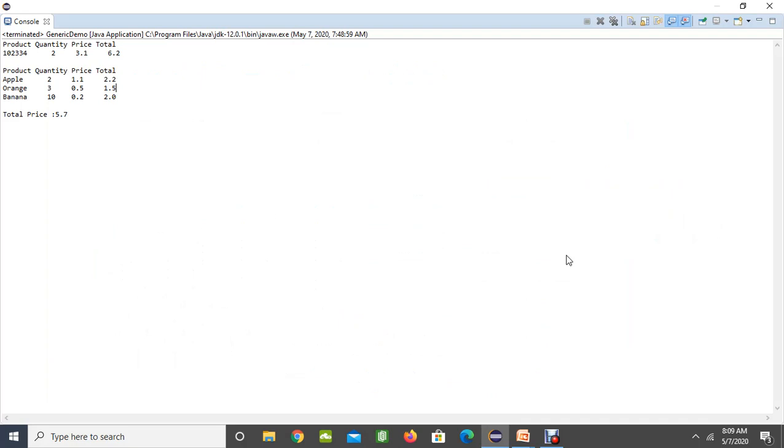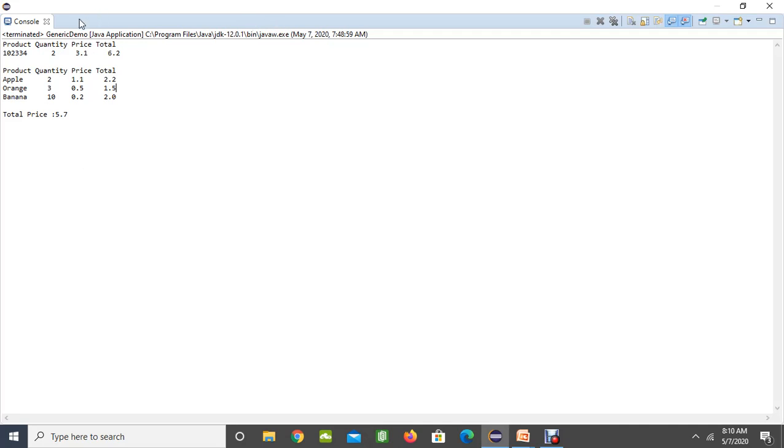Here I have created an example to show you the product. If you want to get the product price and total price, some products might be integer, some products might be string, and for quantity and price, some prices might be integer, some might be decimals, depending on the user. So I am going to show you the program, how to do this with a generic class.